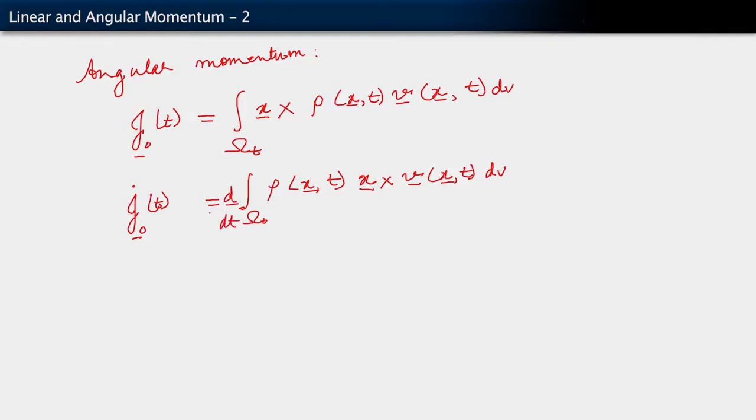Once again, our use of the Reynolds transport theorem becomes very straightforward, because I've written out the integrand as the mass density multiplied by a product of two spatial functions, which is just another spatial function. So the Reynolds transport theorem tells us that this quantity is the integral over omega t of rho of x comma t times the material time derivative of this cross product,